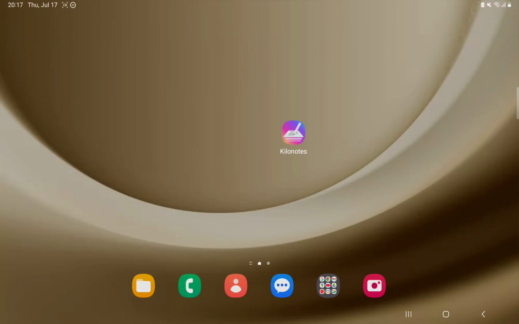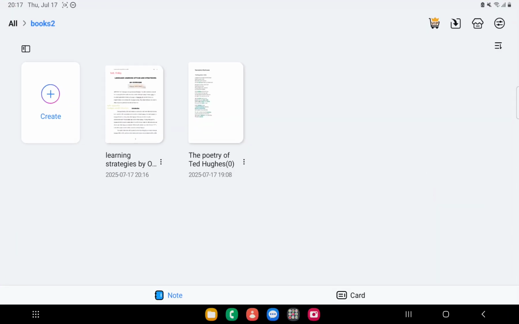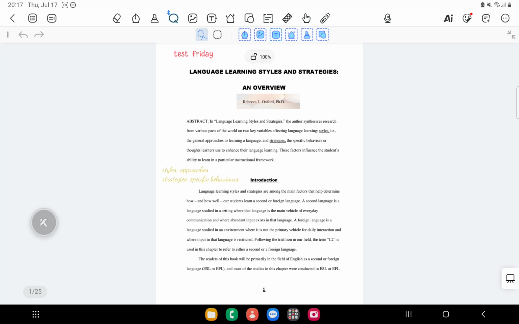Hi everyone, in this week's tutorial I will show you how to add stickers to your document or to your notebook using Kilonotes. Open the app, choose one of your documents or notebooks, and then go to this sticker icon right here,